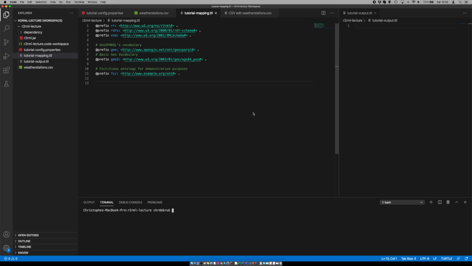Let's start by creating a triples map for weather stations. A triples map consists of a logical table, which is either a table or a view name, exactly one subject map, which provides the directives for generating the subjects in an RDF triple. A subject map can have 0 or more R2RML class statements,